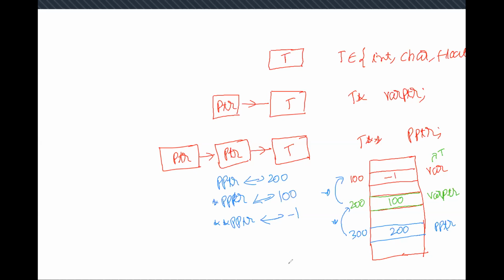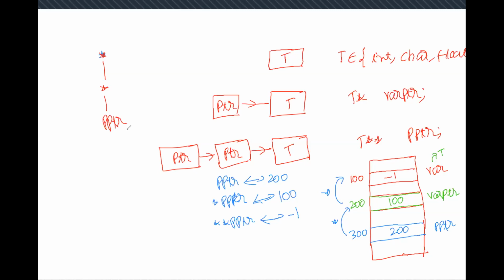So PPTR is 200. An alternate way of looking at it is, in one of the classes we studied about expression trees, this is also an expression. So star, this is a unary expression, star star